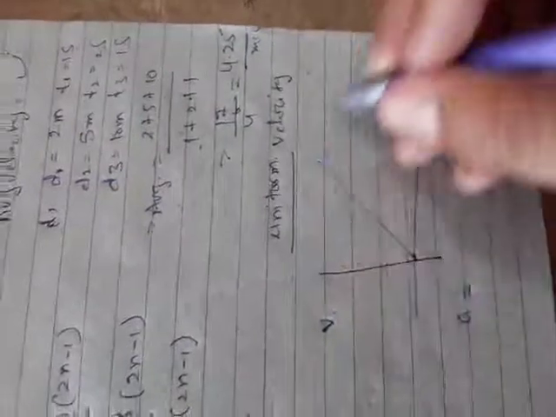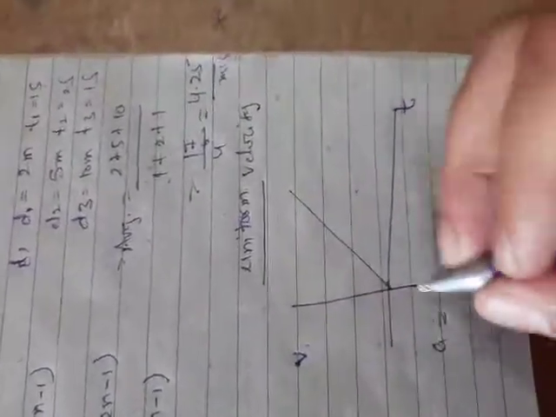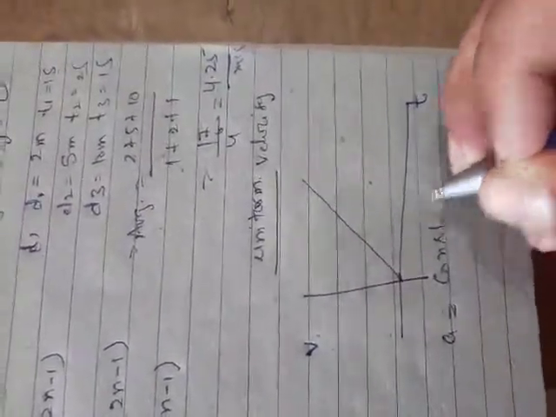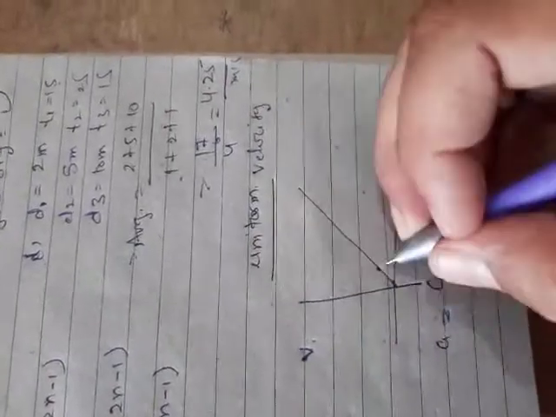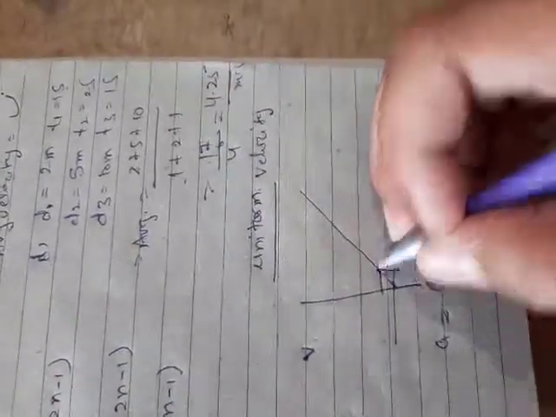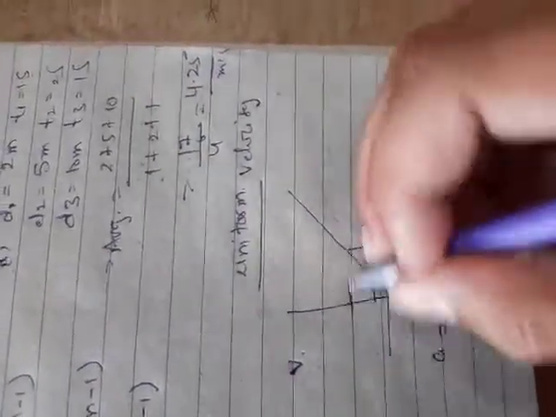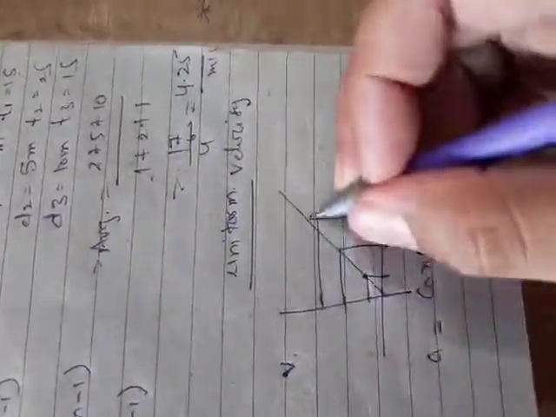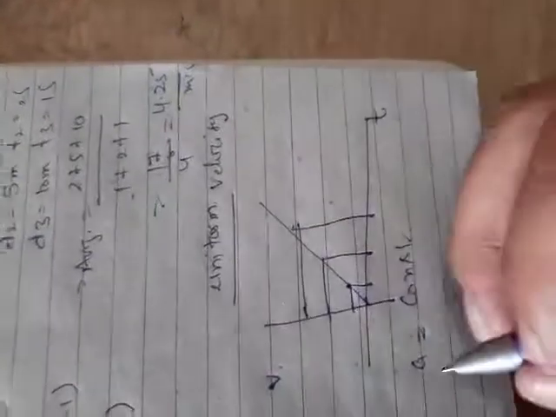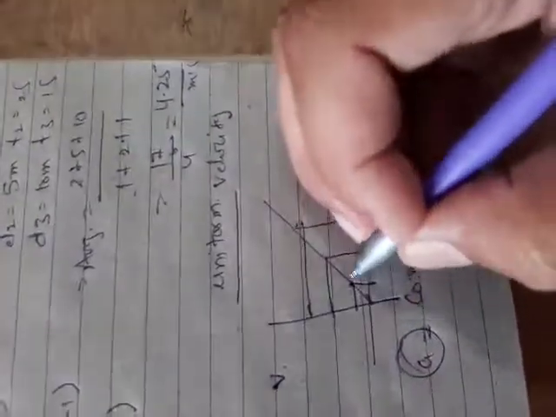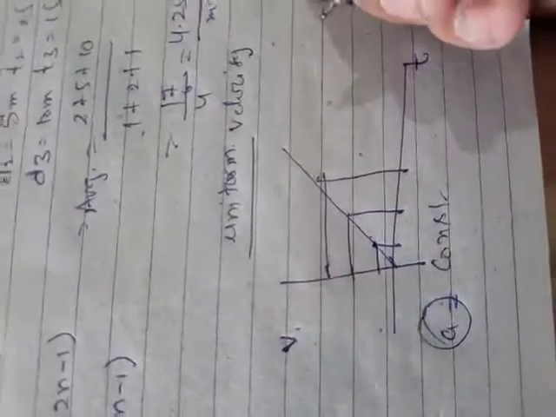Acceleration, and that acceleration will be constant. At each and every point on this line we get the same slope. If the slope is equal, and slope gives us acceleration, then at all points acceleration will be totally equal. Clear? Equal means same, constant acceleration. So by this graph we get acceleration.